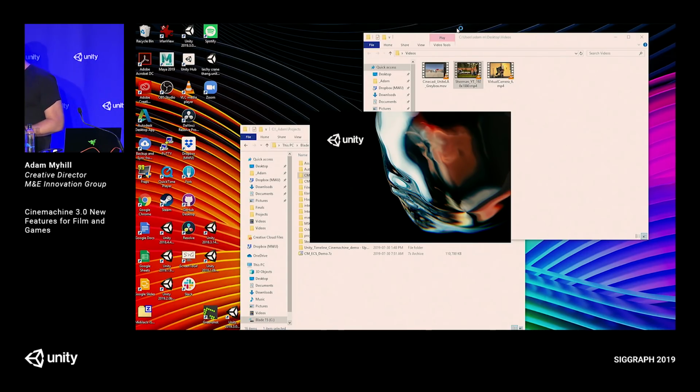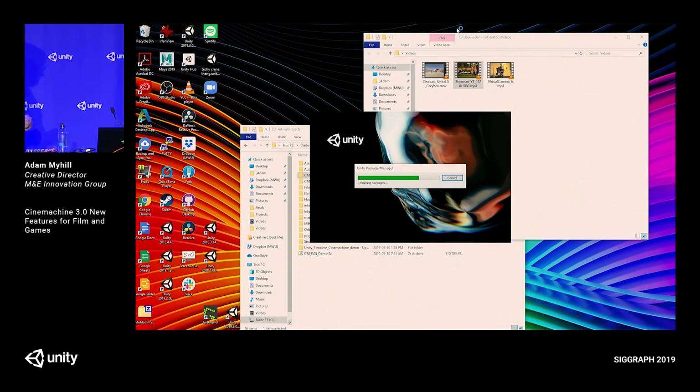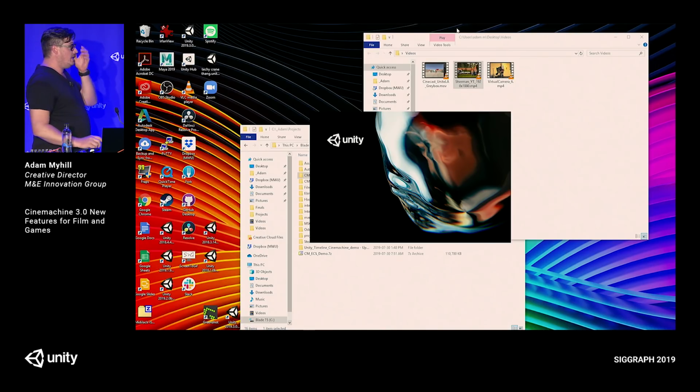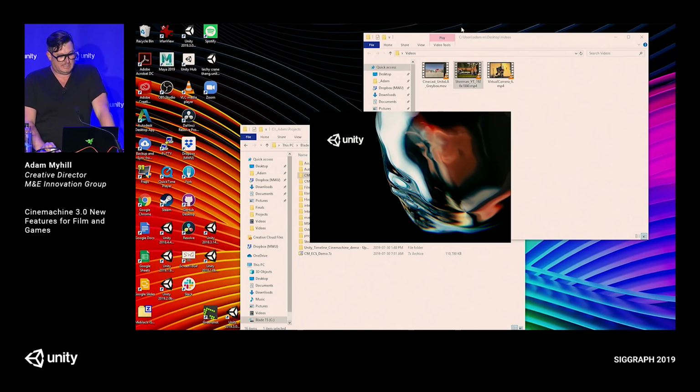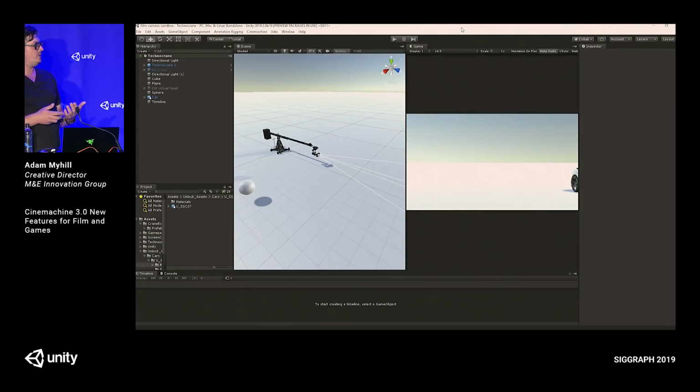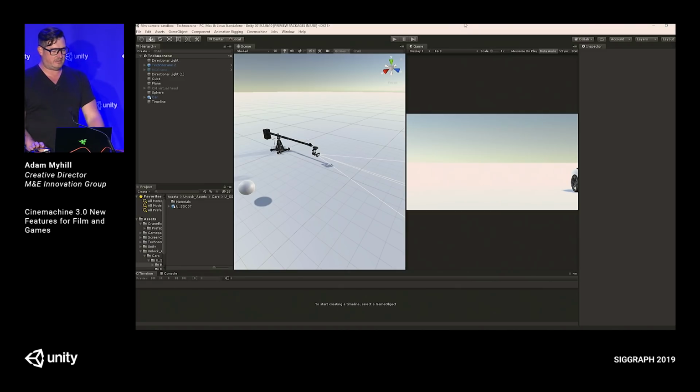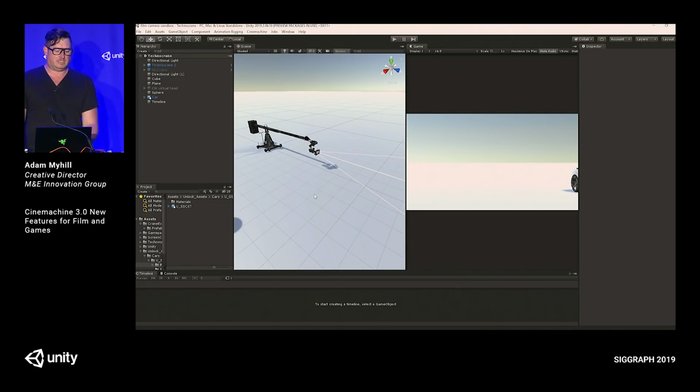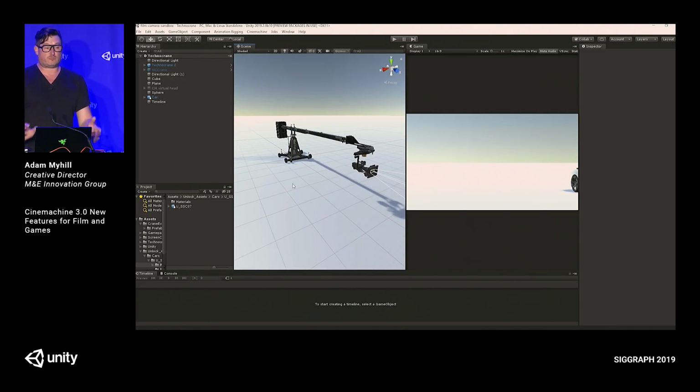We chat with film studios often, some very household name animation studios, and I can't say who, but we were having this conversation the other day, and they're like, yeah, we get Cinemachine, it's cool, procedural, yeah, but it's kind of mechanical, and we wish you could just emulate what happens in real life when you film these things. And in real life, we've got these things called Technocranes, and there's multiple operators.